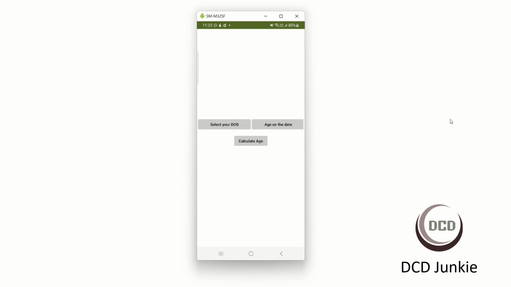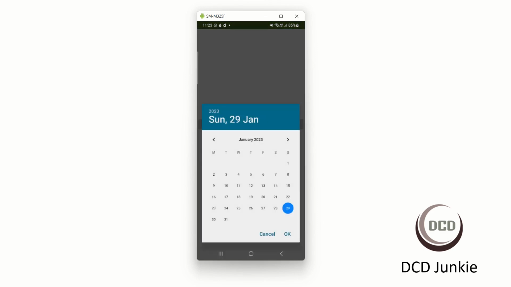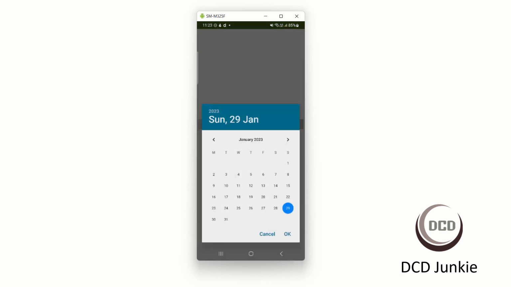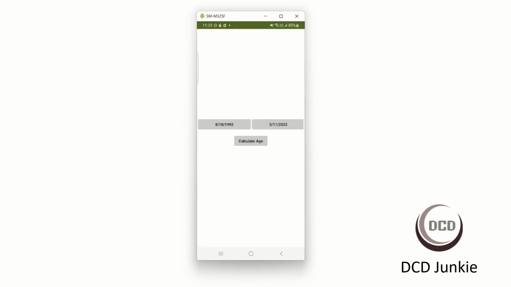Here I will click on "Select your date of birth." Let's say I select the date of birth as 1992. The month would be October, and the date would be 8. So the date I have selected is 8th October 1992, and let's say I select the other date as 3rd November 2022. If I click on Calculate, it will tell you that the person is 30 years